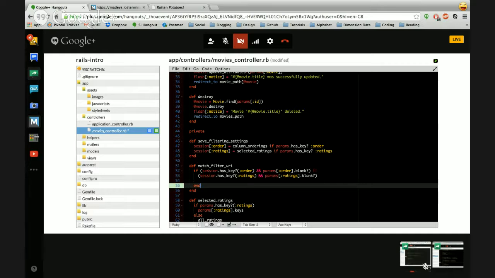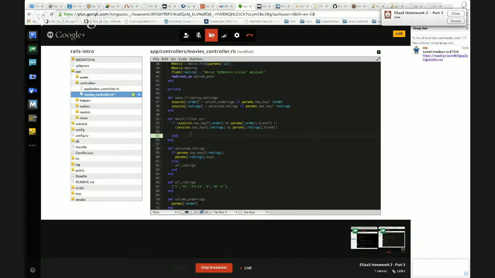Okay, cool. So we've got the idea of the session there, right? If either one of those conditions are true, we need to do our redirect because we've got filtering information in the session that needs to be displayed on the browser, right? Yes. So now what we can do, not yet, we need to create the hash, right? So the filters is equal to